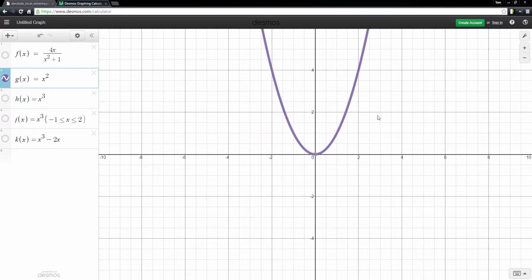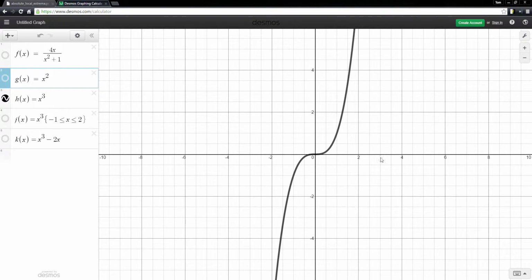So you don't have to have an absolute maximum or an absolute minimum. And this example shows that you could have neither. If I look at the function h of x equals x cubed, then this function has no absolute maximum and it has no absolute minimum. So a function doesn't necessarily have to have either of those things. One final example on the absolute